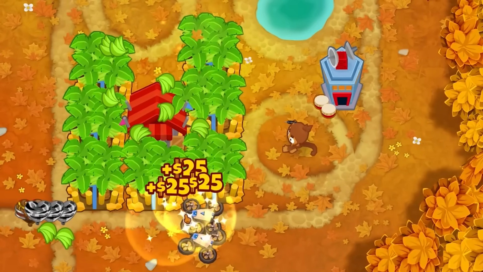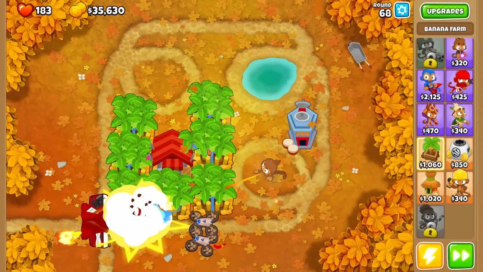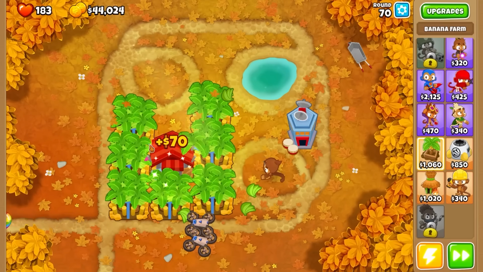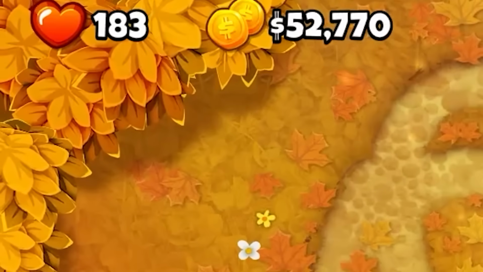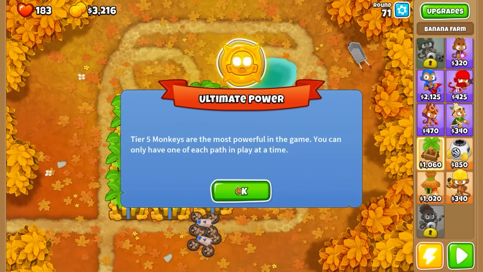They've got no chance. This monkey's already so overpowered, it's ridiculous. But we're quickly making the money we need to do some really fun things. We just have to murder balloons until we have enough money, and that shouldn't take long at all. There's 50, there's 51,000. Now I can go ahead and buy Monkey Wall Street, and that should be collecting some